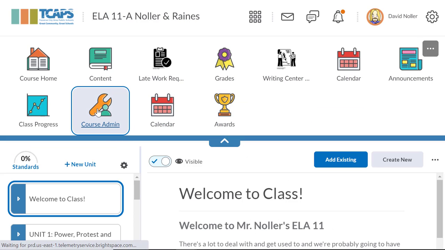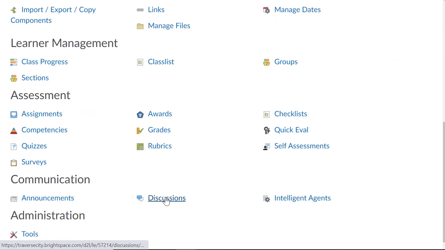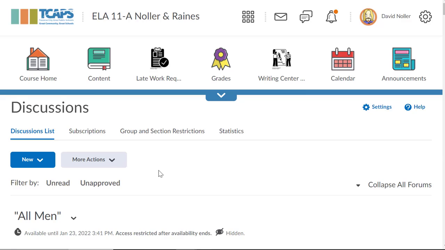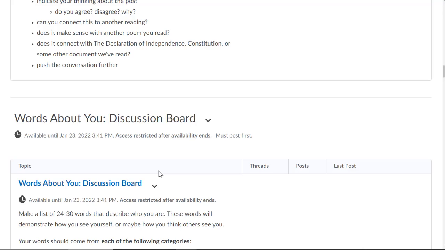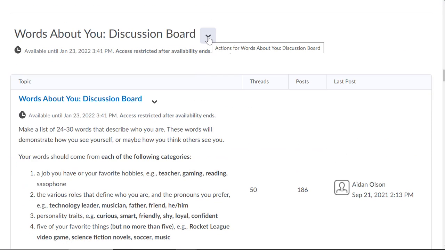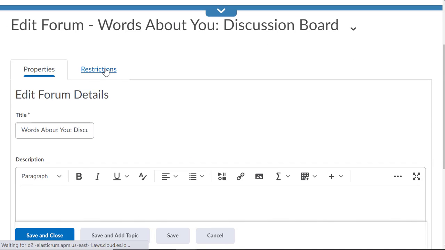To restrict your discussion board to the discrete courses and sections that you have, first go to your course admin panel, scroll down and find Discussions. In the Discussions list, find the forum that you'd like to restrict and use this drop-down menu. You'll notice there are two separate drop-down menus. Use the one at the top and click on Edit Forum. Then select Restrictions,